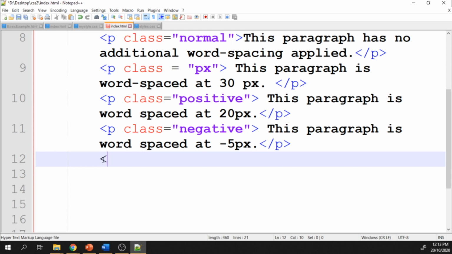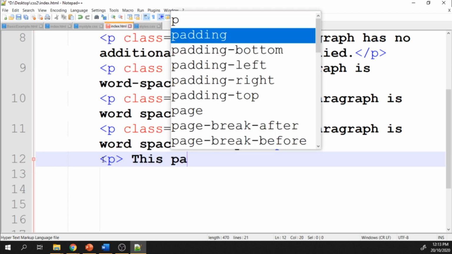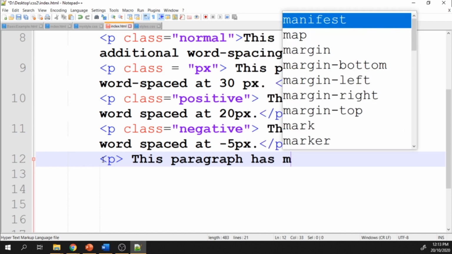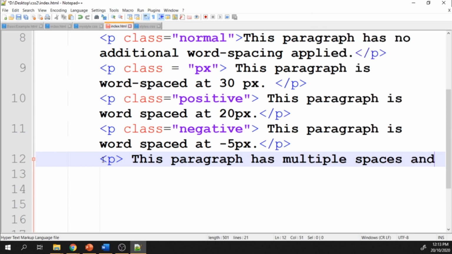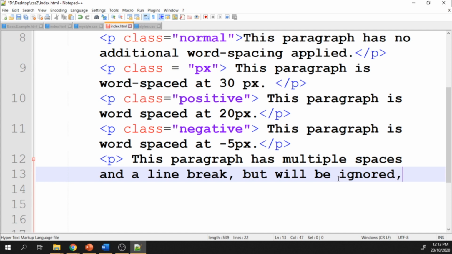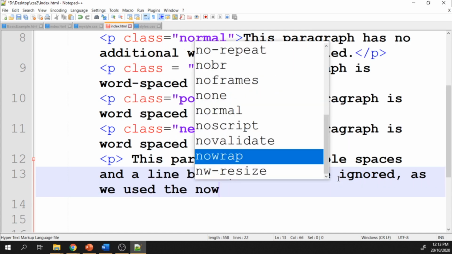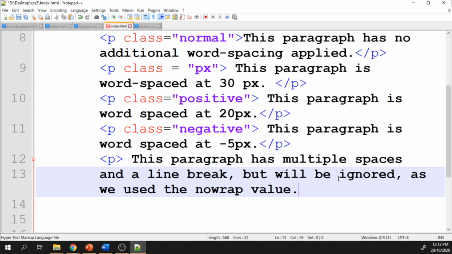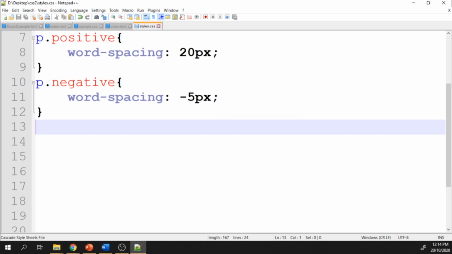So let's have just a plain paragraph. So the CSS for that would be